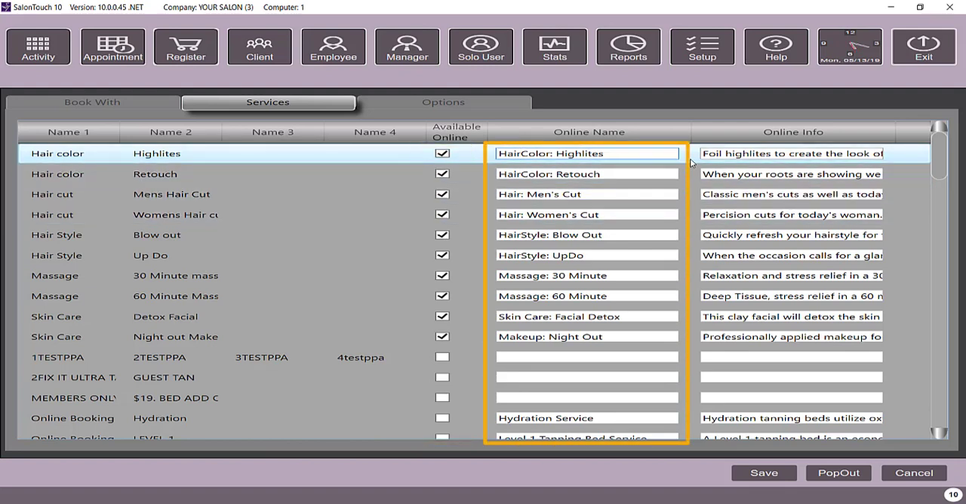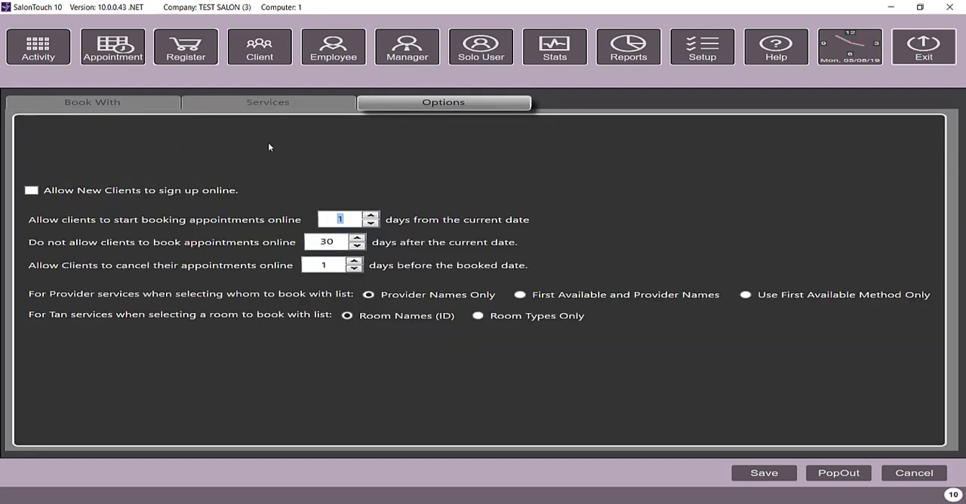For each of these examples, we gave a name that would be easily understood by a client that is not familiar with your salon. Also, for each service, we have provided more detailed information about the service that will make it easier for anyone to understand. On the Options tab, you can set up how the online booking will work. For example, here you can select if you want to allow new members to join your salon and book online